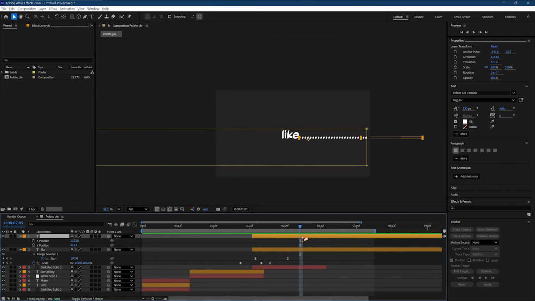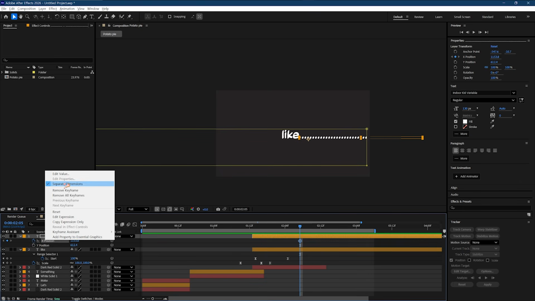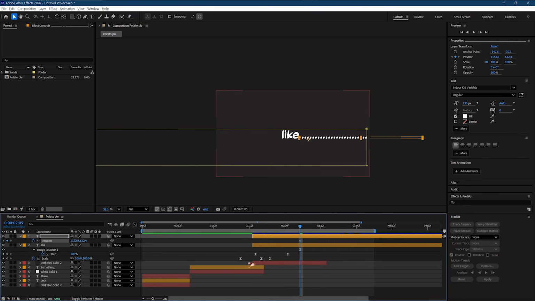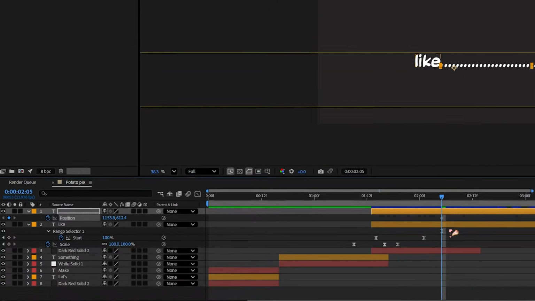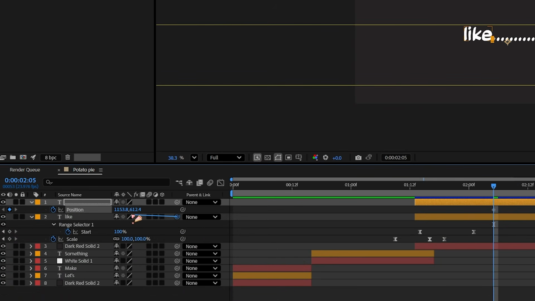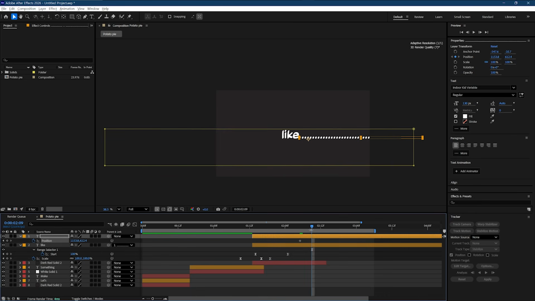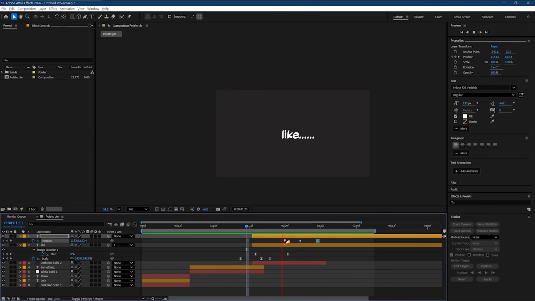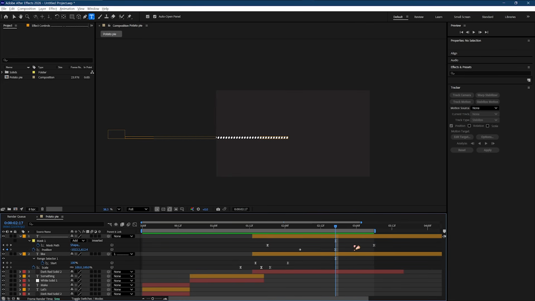And then when the text looks like it's getting slightly off screen, we're going to animate the position. But to make sure that we don't lose the text as well, we're going to parent the text to the full stops. That way, when we move the full stops, the text goes with it. All we have to do then is play with the movement, and we want our third piece of text to